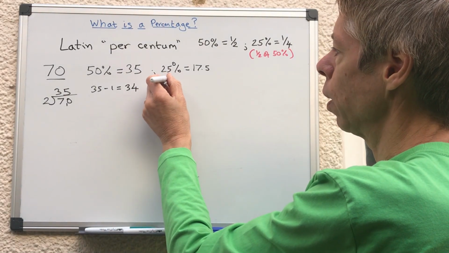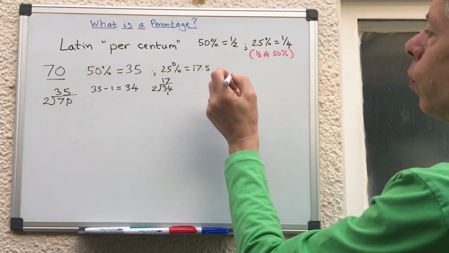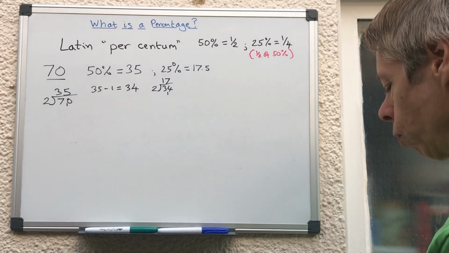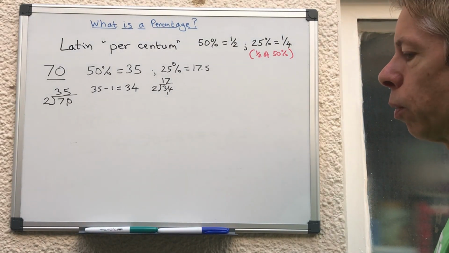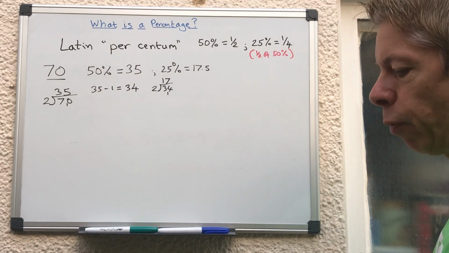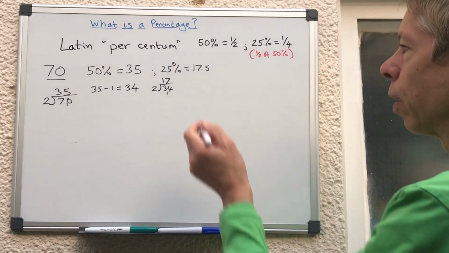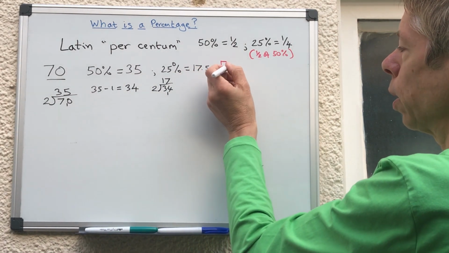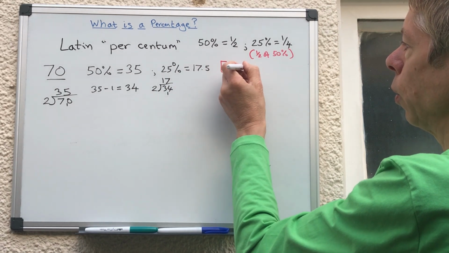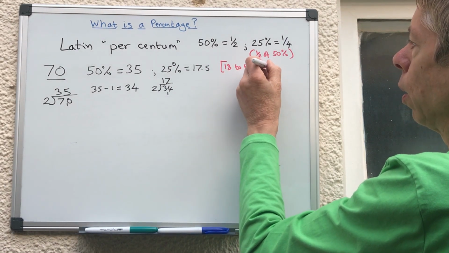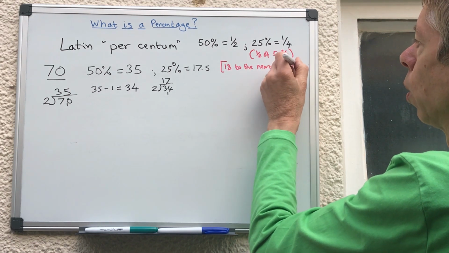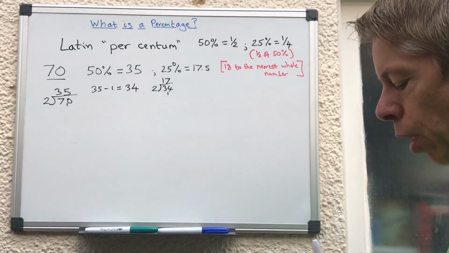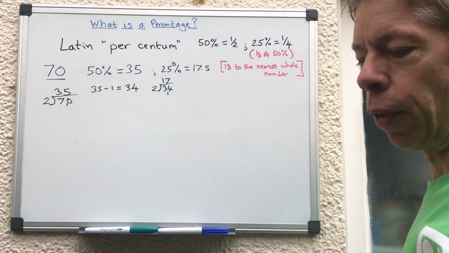2's into 14 is 7. Another thing just to bear in mind is you might be dealing with people. Okay, the class was divided into 4, 25% went somewhere. You can't have 17.5 people, so you could say that is 18 to the nearest whole number. I mean, that should be specified in the question, but I have quite a few